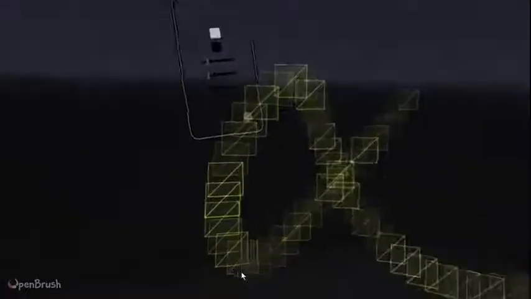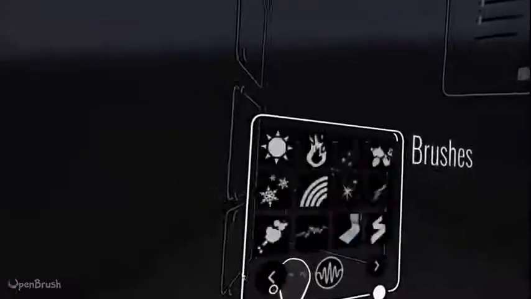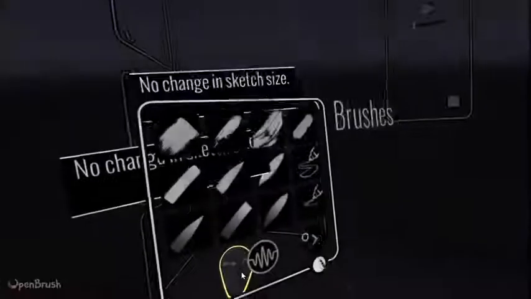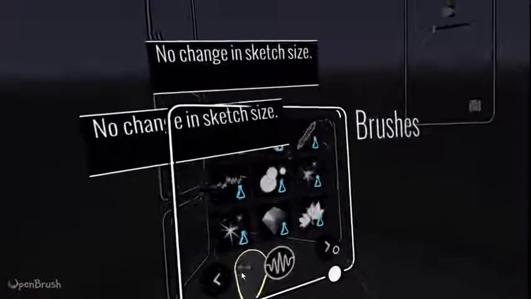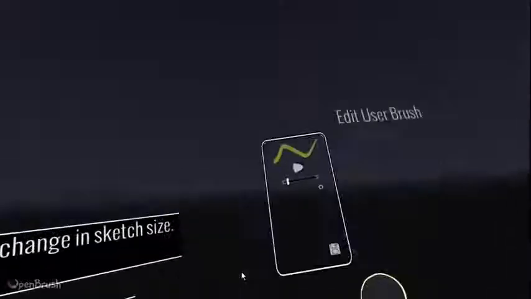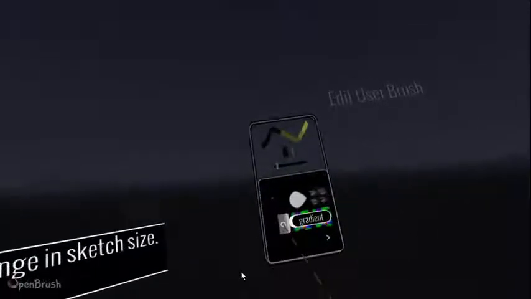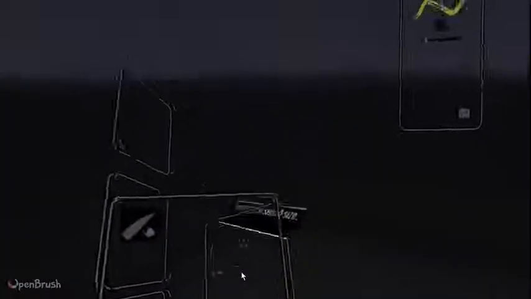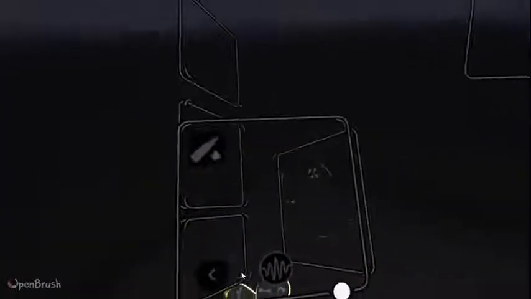These are custom brushes that I've just made in VR, in the app, on the fly, and they're permanently part of my brush library after that. I'll try and do some more videos showing more tricks and features as it evolves. But yeah, that's the